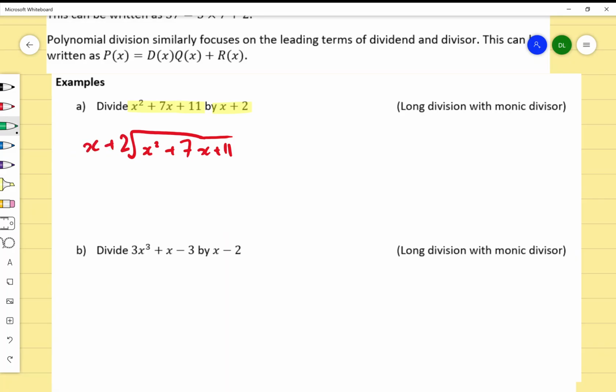So what I'm going to do, I'm going to focus on the first two terms. X squared plus 7x. What do I have to multiply? Because remember, the idea is I'm trying to cancel out this. So what do I have to multiply x plus 2 by in order to get the leading term to be x squared? Just x. So I'm going to write x on top. Now I multiply this by x, right? So what's x times x? X squared plus